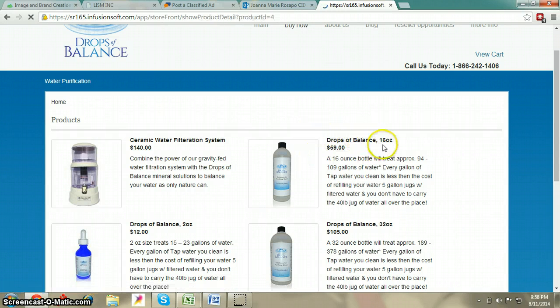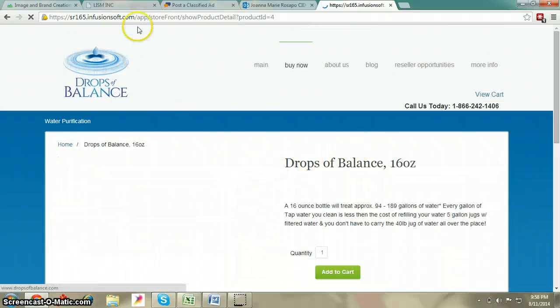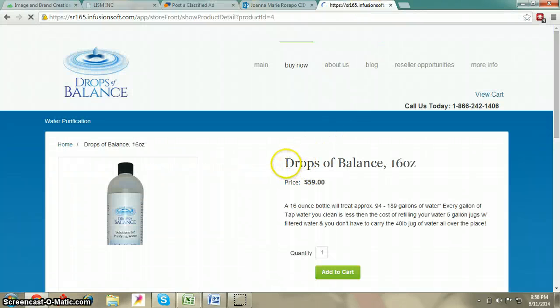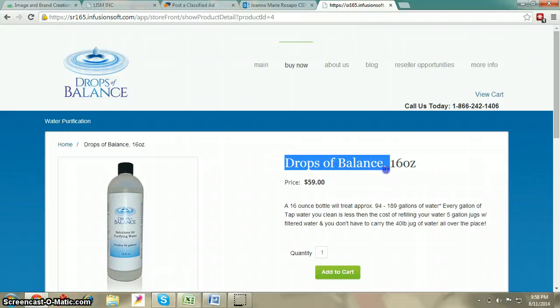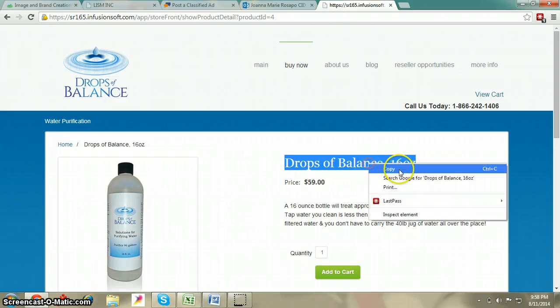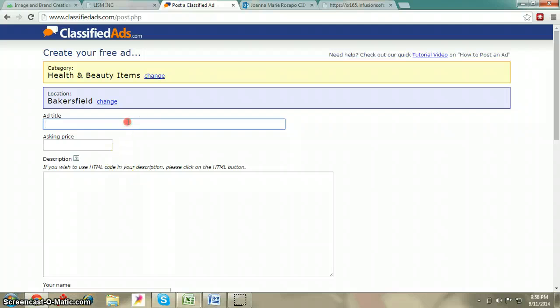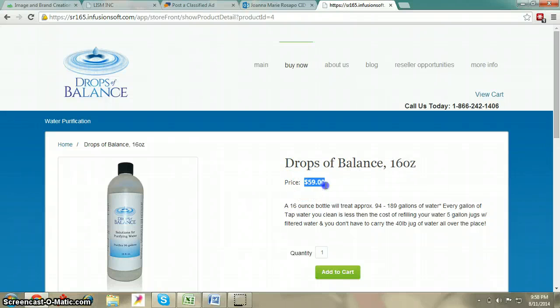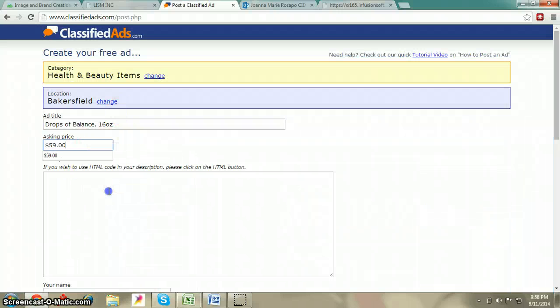Your ad title will be your product name. It is much easier for people to recognize your product if you put your original product name. So, Draft of Balance 16 ounce. Just copy that and paste it to the ad title. Asking price would be $59 as you sell this for $59.